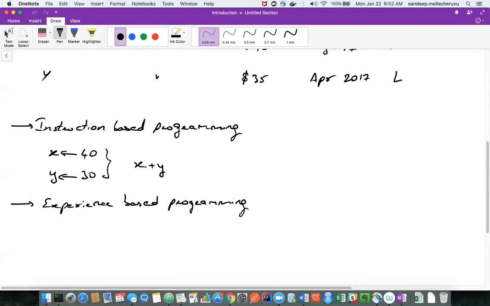So there may be 100 different variants of tigers. There is a Bengal tiger, there is a cheetah, there are a lot of different varieties of tigers. But you're shown only one kind of tiger, and you are still identifying even the 100 varieties. Even though you don't know the exact category it belongs to, you can say that it is a tiger. But the computer doesn't know this kind of automated way of categorizing things.